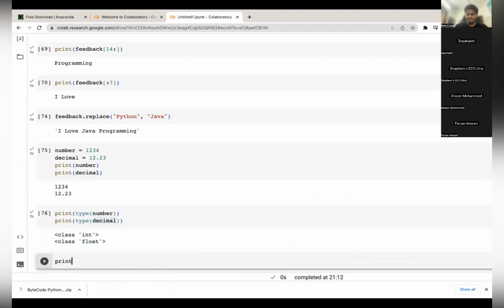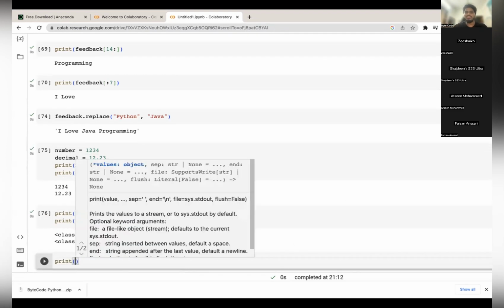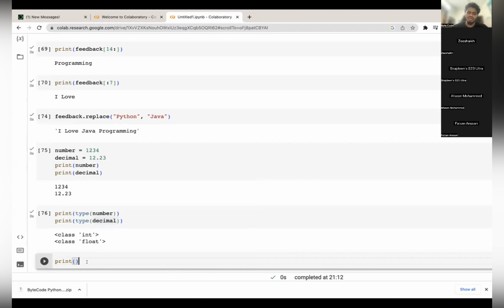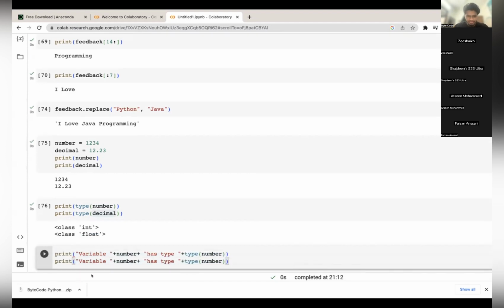You can also concatenate inside the print statement itself. For example, variable number as type of number, variable decimal as.